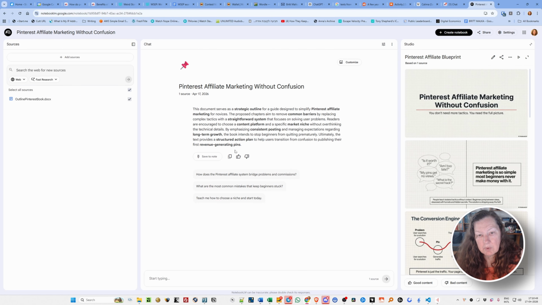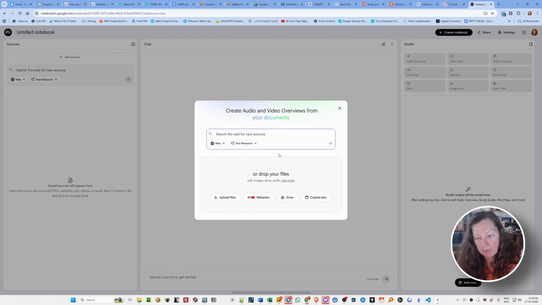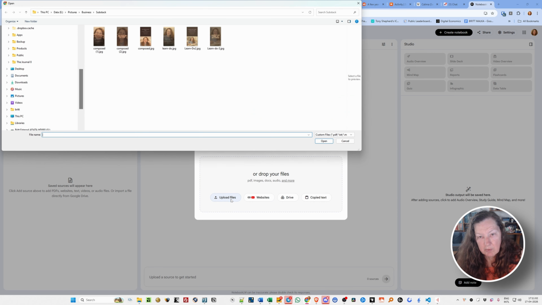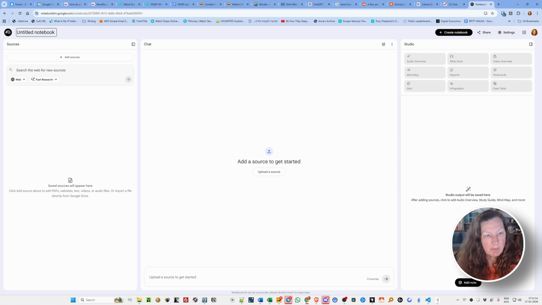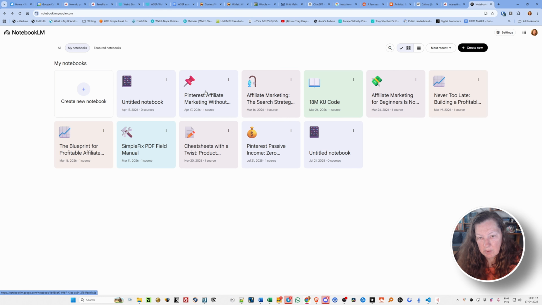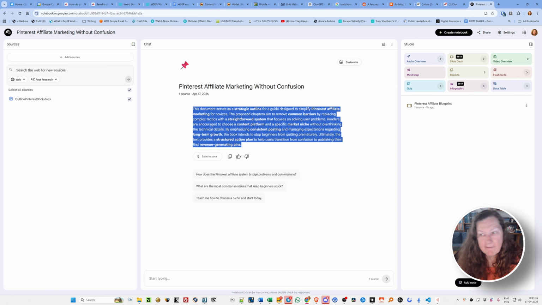Let me go back to Notebook. You simply go to Notebook LM, and create a new notebook. Then you upload the files. I'm going to click here, that's another business here. So I don't have it here. So I'm just going to upload the file. And then after it has been uploaded, it will give you a short summary, like the one you saw here, in one huge paragraph, but that's not important. This is just for your sake.